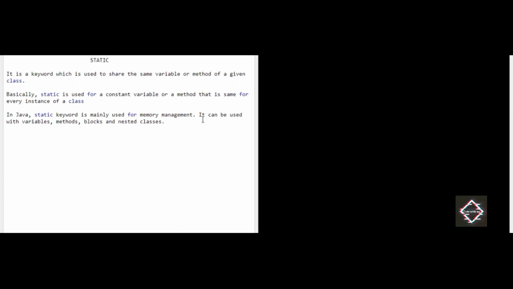As usual, starting with the syntax of Java. Class Main, followed by a pair of curly brackets.